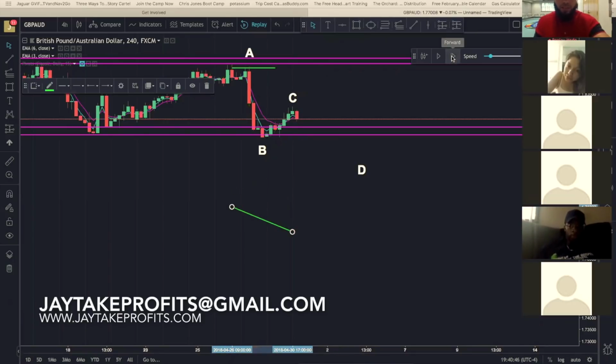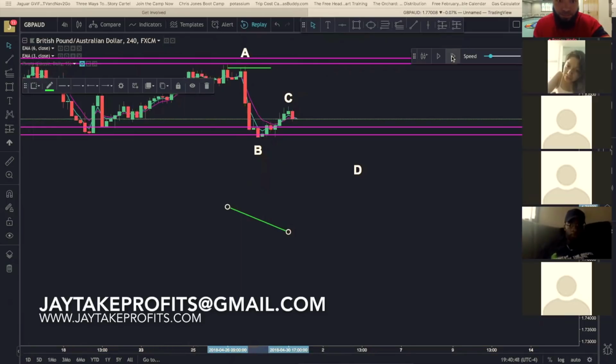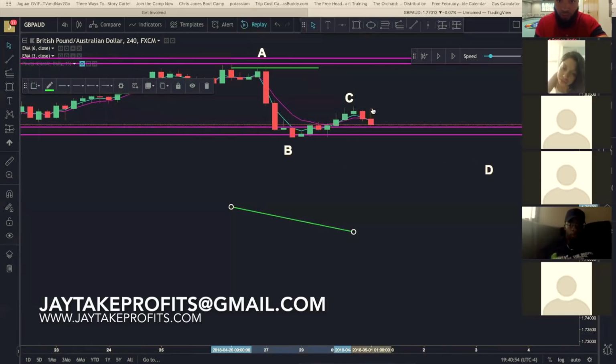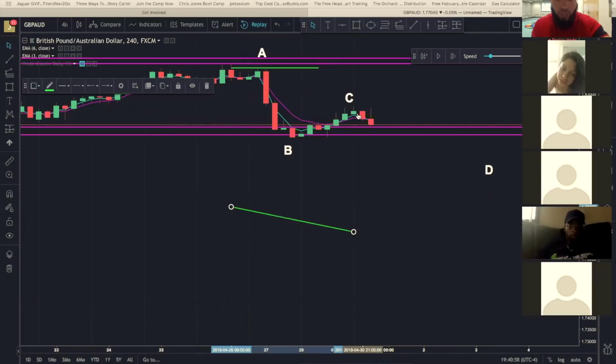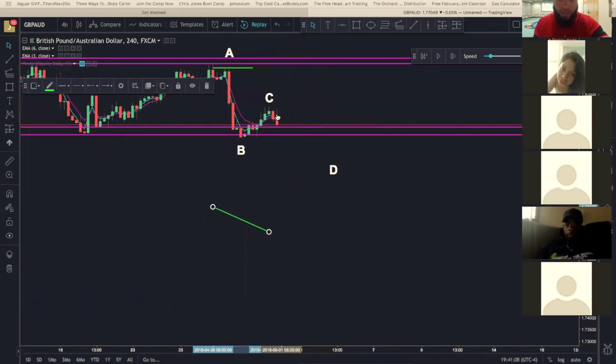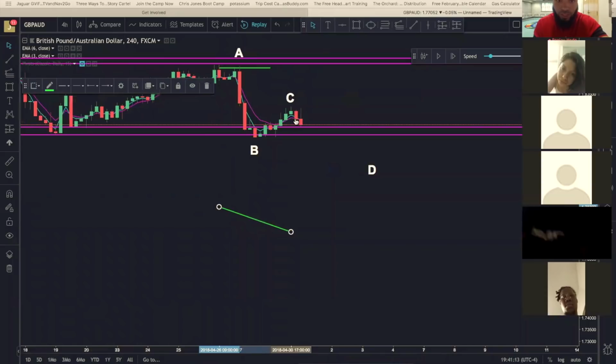Okay. So again, I'm trying to show you how to trade the consolidation. All right. So we possibly got C. Boom, we got C. It came up and it was green at one point and then it dropped down. So what you want to do is use the indicators I showed you. Maybe use the pivots. And use the moving averages. There are other indicators you can use too,